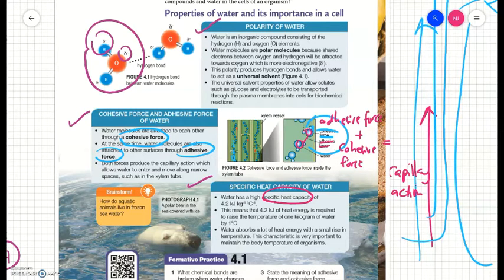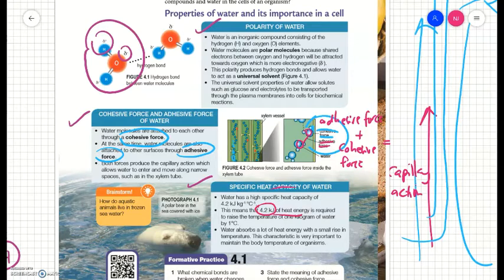So water has 4.2 kilojoule per kilogram per 1 degree Celsius. The easiest way to understand: water has a high capacity, which means it needs 4.2 kilojoule of heat energy to raise the temperature of 1 kilo of water by 1